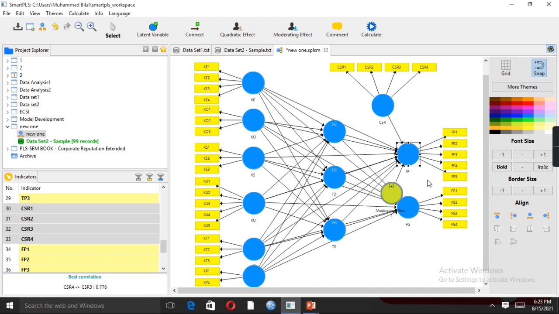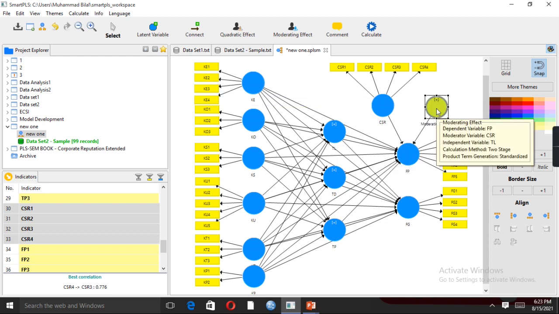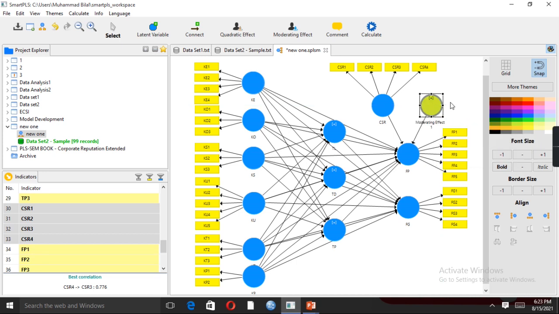We can see that another variable has been developed, which is basically the moderating effect of CSR between team learning and firm performance. So we are going to rename it.